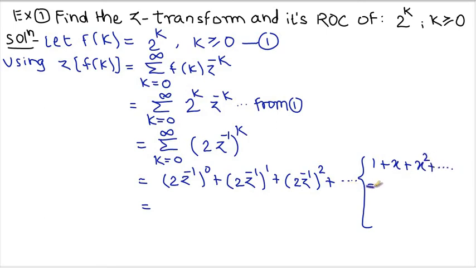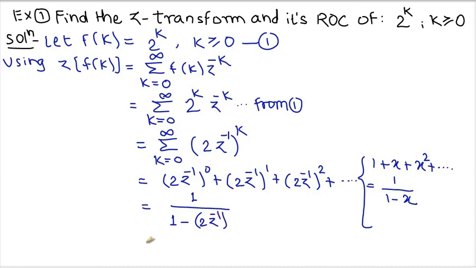And in the previous video we have just discussed this remark: 1 plus x plus x square dot dot up to infinity. Its formula is 1 upon 1 minus x. So you have to use this remark now, 1 upon 1 minus x. So this is the solution, 1 upon 1 minus x. So what is x here? x means this bracket again, because this is x raised to 0, x raised to 1, x raised to 2, x means 2 into z raised to minus 1, right?